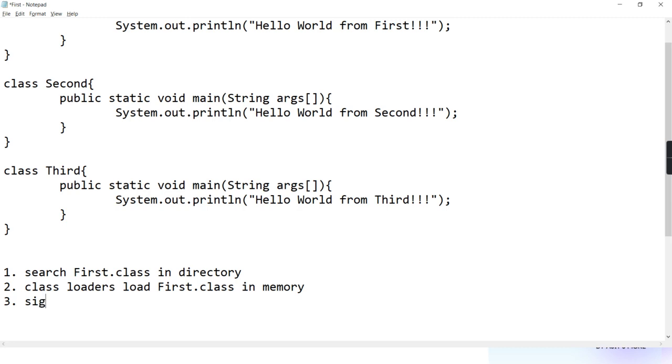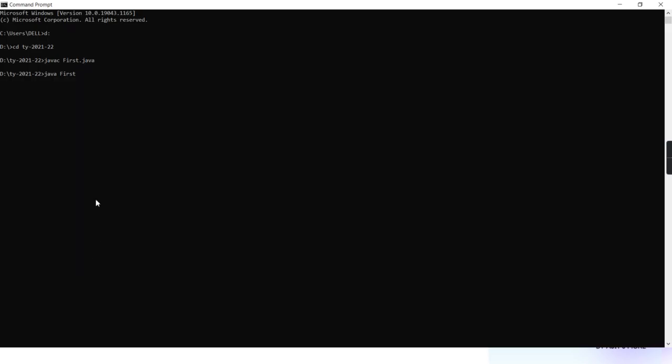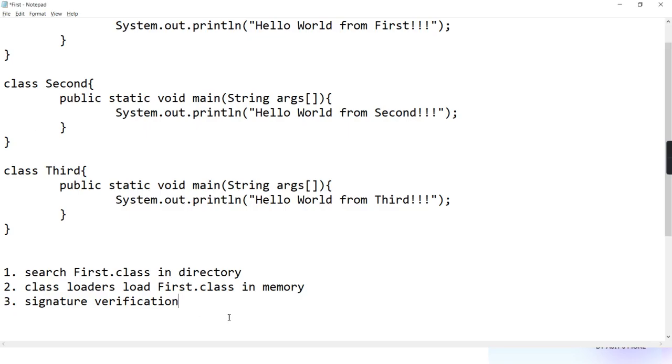So it is called signature verification, and that is also done by one part of your Java tool. That Java tool will internally have one signature verifier also. And after that, it will search for main, or you can say calls public static void main with string